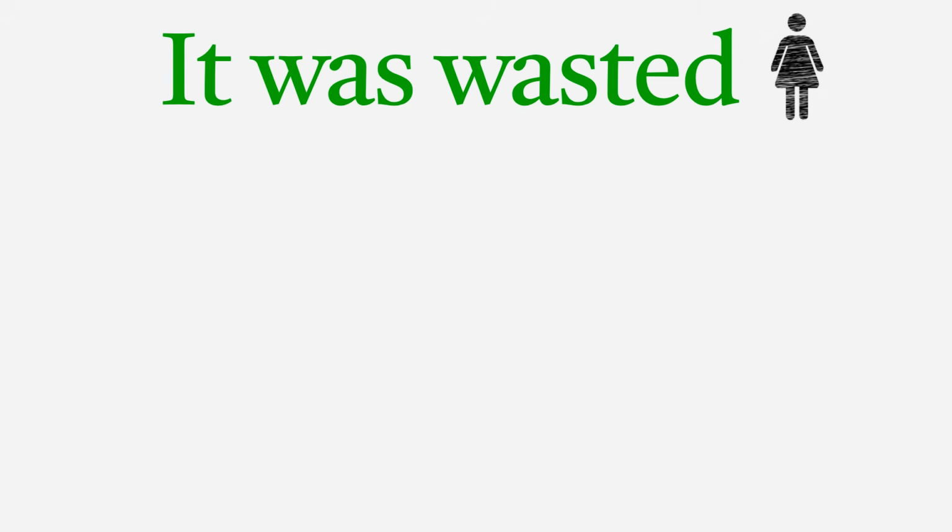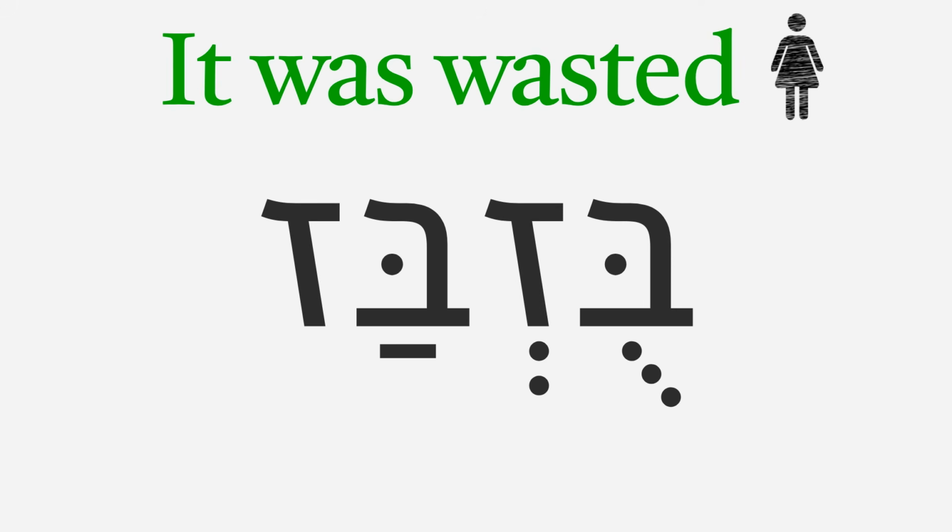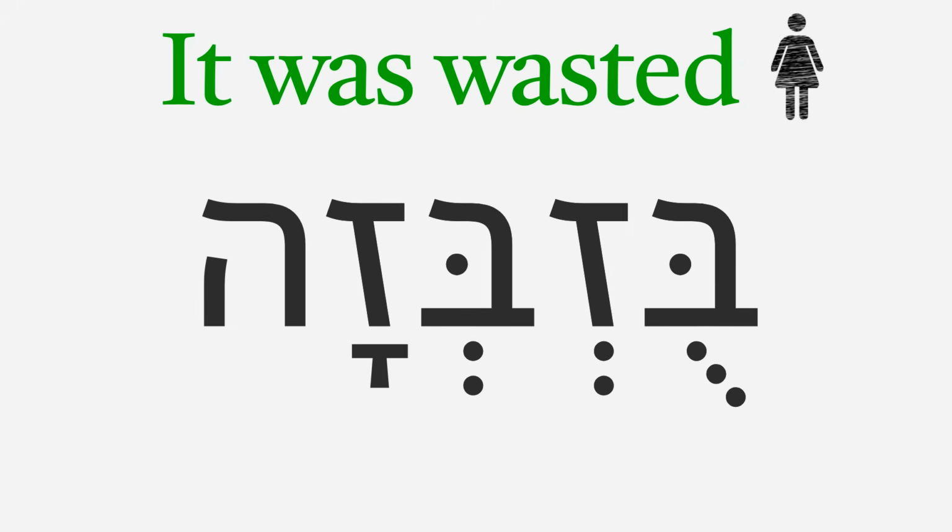If the it is feminine, the verb it was wasted will be in the he, she form. Remember, Hebrew has no neutral it, so an it must be either he or she, and this will depend on whether the noun we're talking about is masculine or feminine. To make this he, she form of the past tense, we'll take buzbaz, shorten the patach, here on the third root letter, to a shva, and add a. Buzbaza, it was wasted,